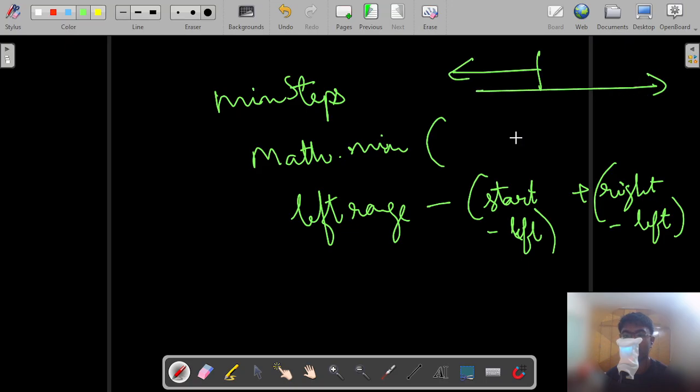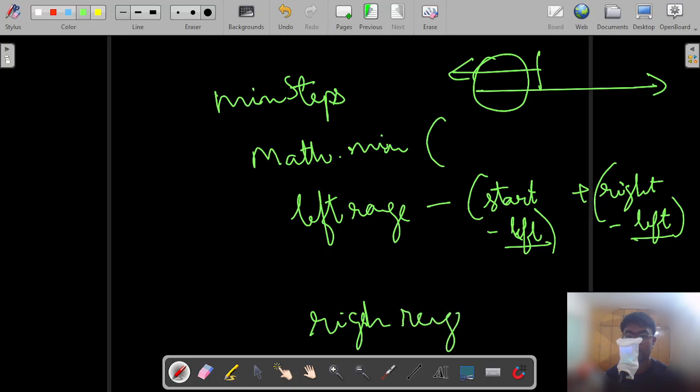So that's what we are doing. So there are two times we are subtracting. So this will be a 2 value of left, and if we are moving to a right range, let's say we can think about it this way. So we are moving right side and also another right side. So this will be a simple start plus right,